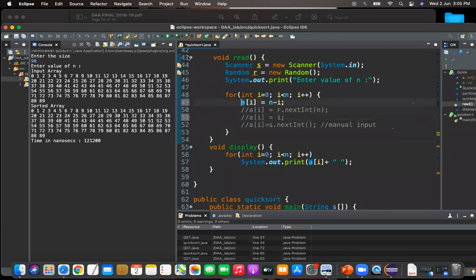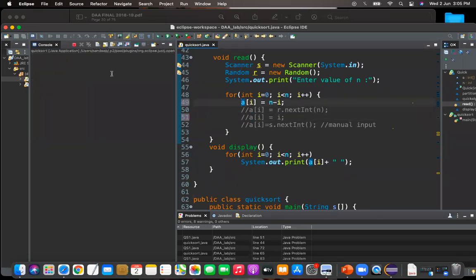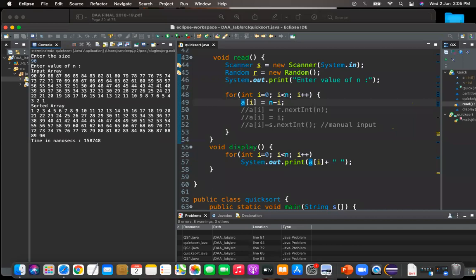I have explained it in class itself. See, increasing or decreasing, it is taking more than 1,50,000. Okay, random is the best case. Increasing order or decreasing order input, it is worst case scenario.